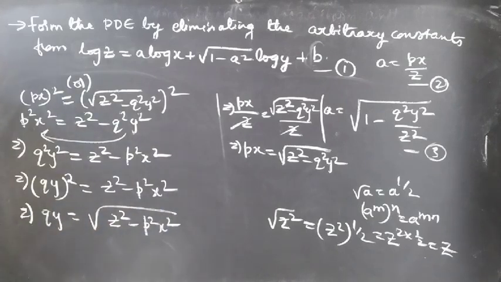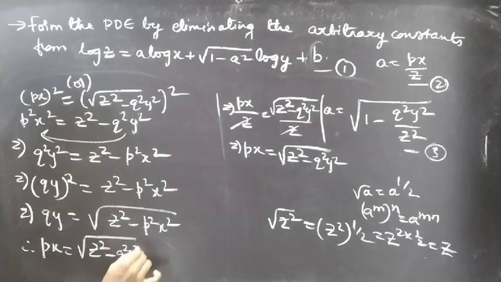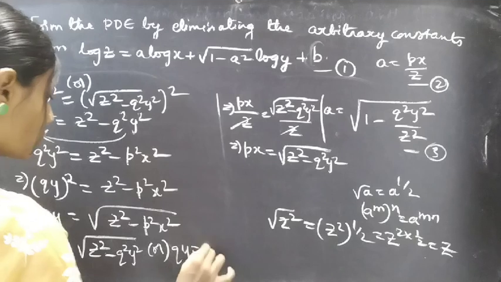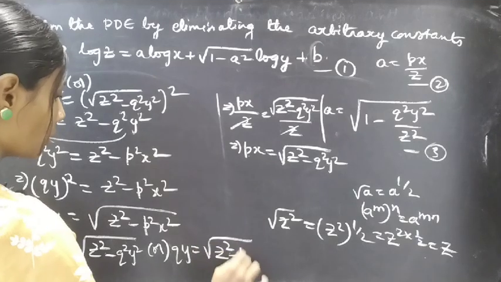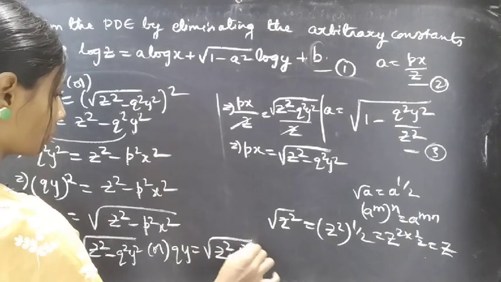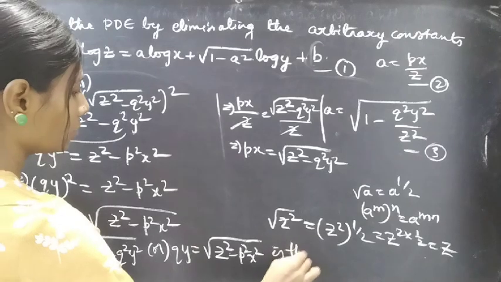Simply take square root on both sides of the equation. Therefore px equal to square root of z square minus q square y square, or qy equal to square root of z square minus p square x square is the required PDE,